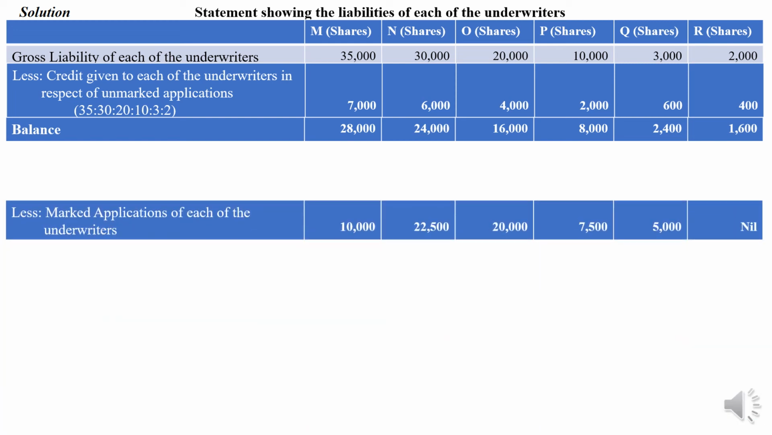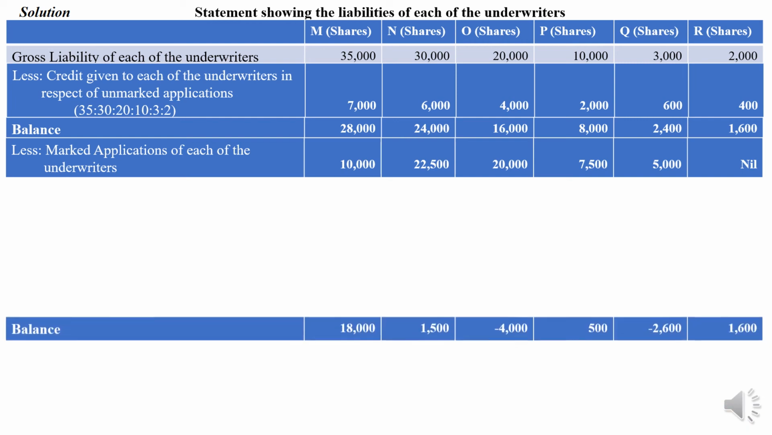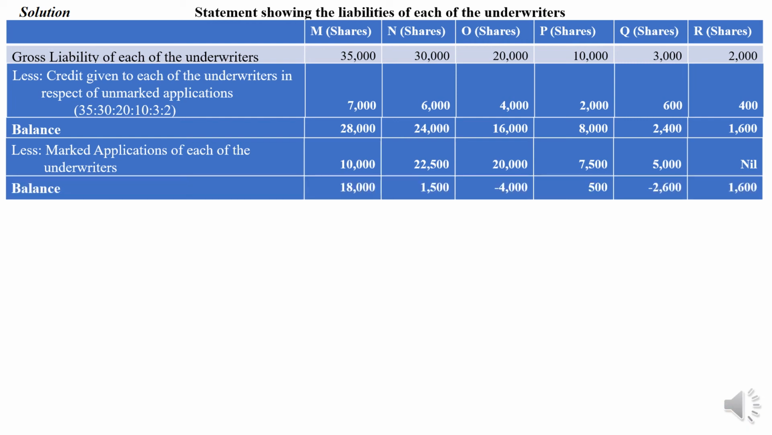Now from this we have to deduct the marked applications of each of the underwriters. It is clearly given in the problem, so look at the problem. M it is 10,000, N 22,500, O 20,000, P 7,500, Q 5,000, and in the case of R, as given in the problem, it is nil. After deducting this we get a balance